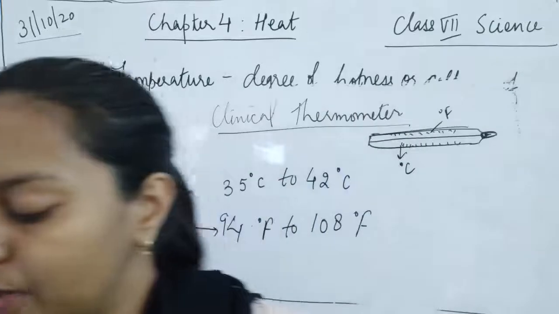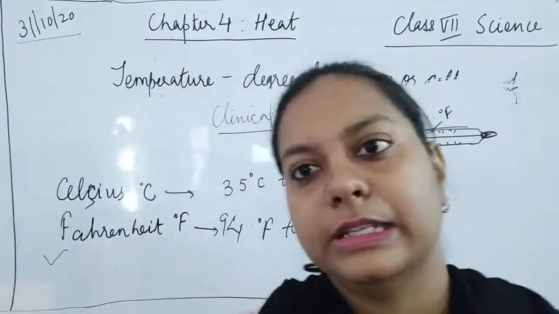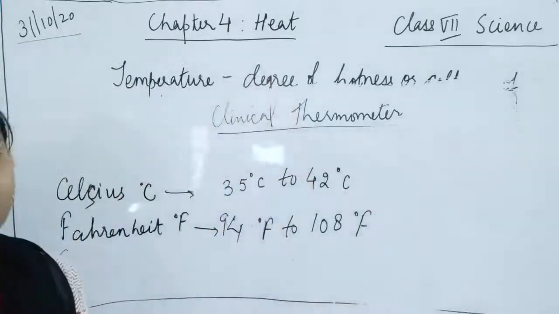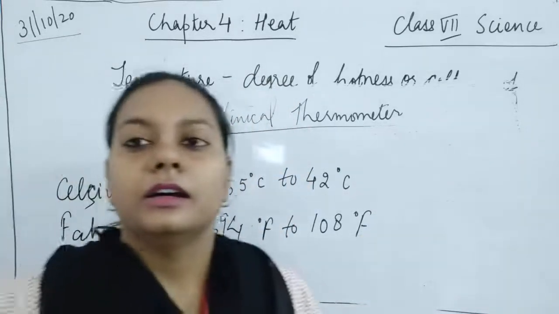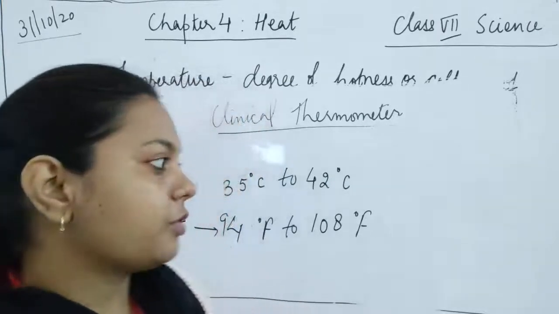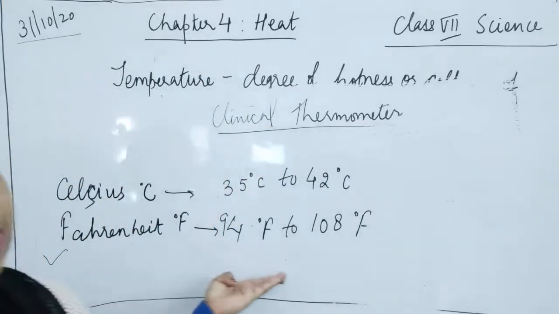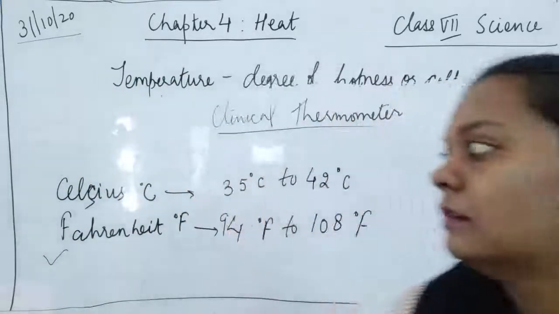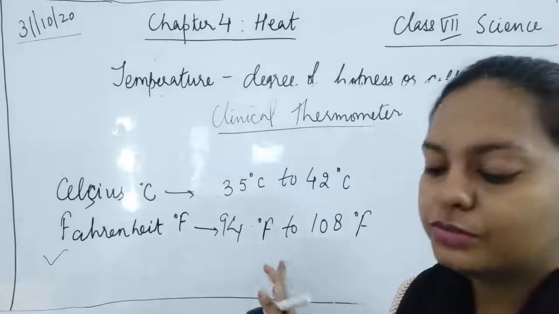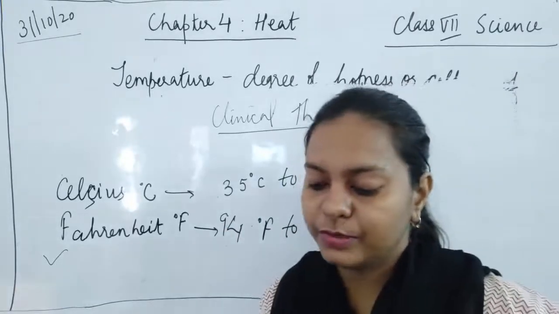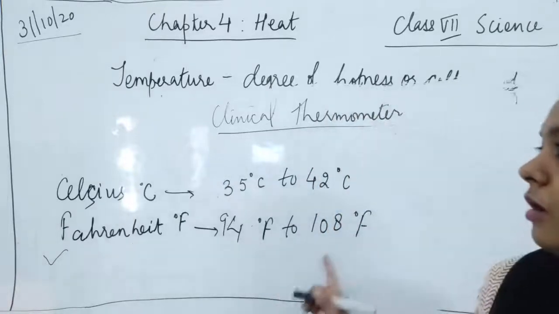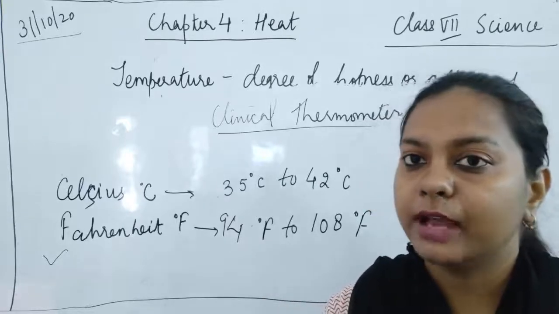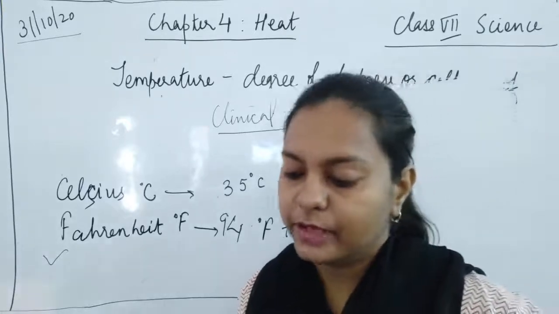Fine. So this is what I wanted to discuss about the temperature scale. Okay. So there are two types of temperature scale, and what is the need of measuring the temperature? We can get the exact measurement of how hot or how cold any object is, by using these two scales. Okay, so this is known as the range of temperature, or we can say that this is a way by which we can measure the temperature very easily.